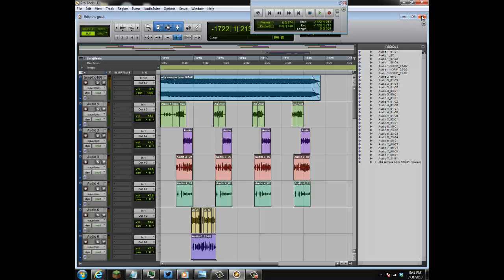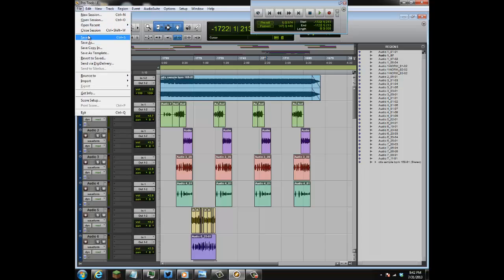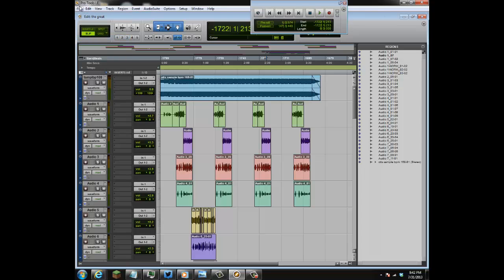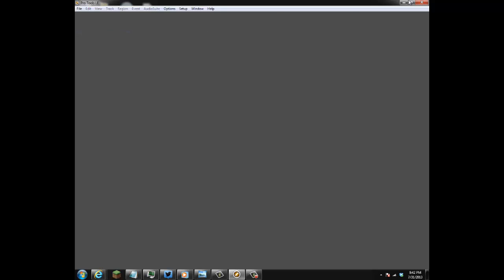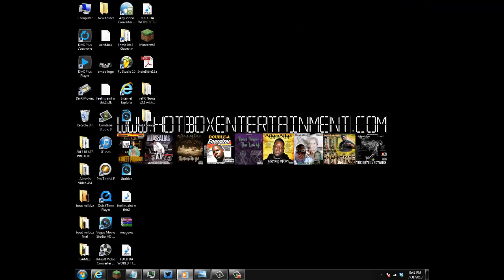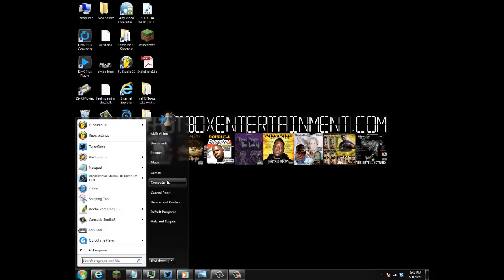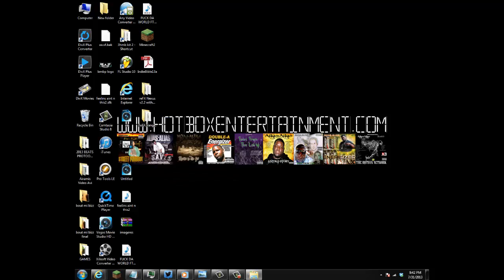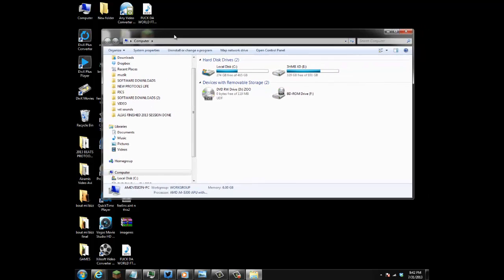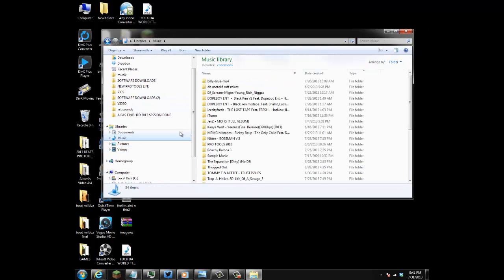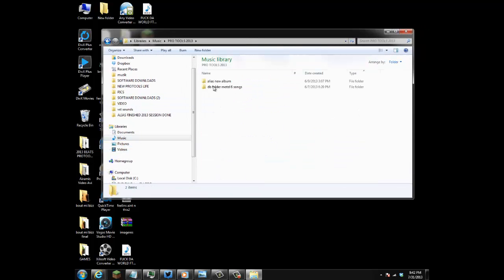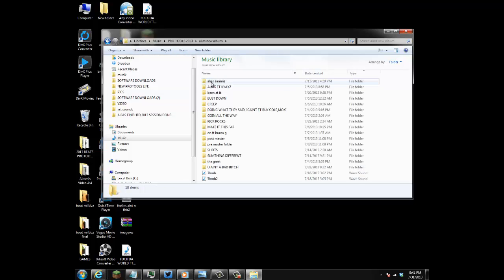Then when you get ready to send it, you want to save it, boom. You want to close the session. You also probably want to close Pro Tools. Then you want to go to where your sessions are. Mine would be computer. Then I go to music, and then I go to Pro Tools 2013. Then I go to my album, and that song would be